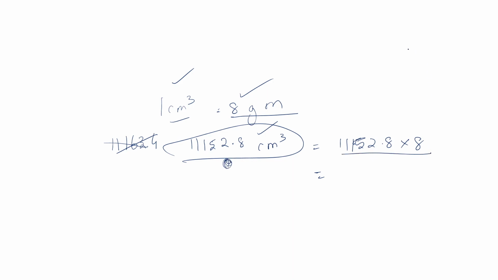Okay, like you are taking, one chocolate costs 5 rupees. So 5 chocolates cost 5 into 5, this is the same we are doing here also. Here 1 centimeter cube volume is 8 gram. Then this much is the total volume. So you have to multiply by 8. So again the answer comes to